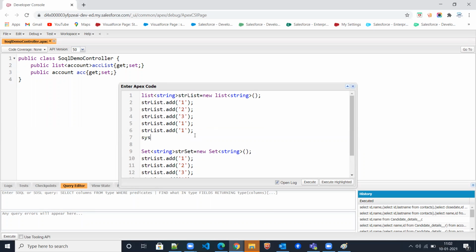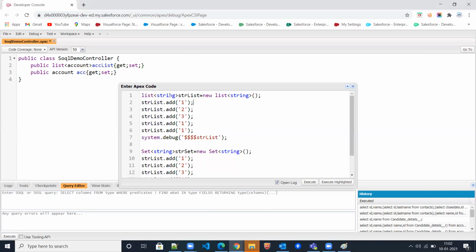Then we'll write system dot debug, and we'll display whatever value we are storing here. You are aware of the use of a debug statement. If you want to see the result of this list, what it is returning, from the UI level we can display it from the Visualforce page.